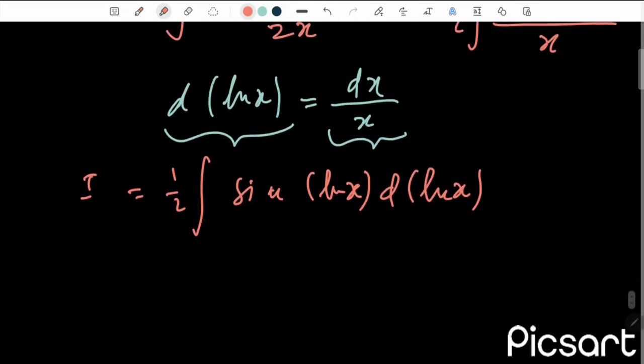And we must use here the following rule: